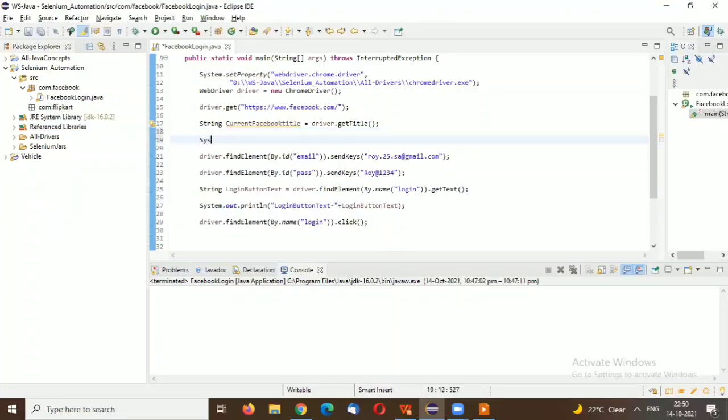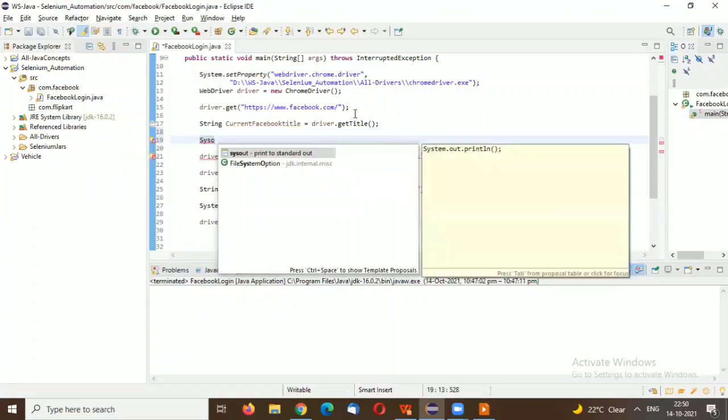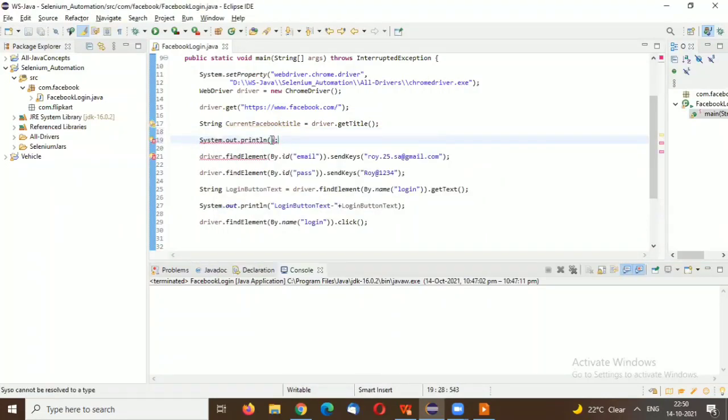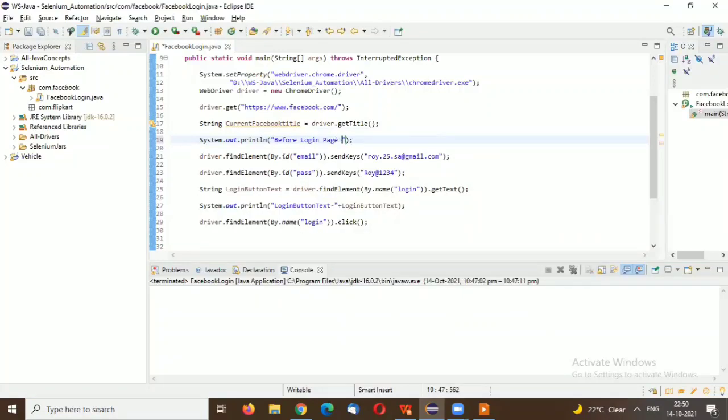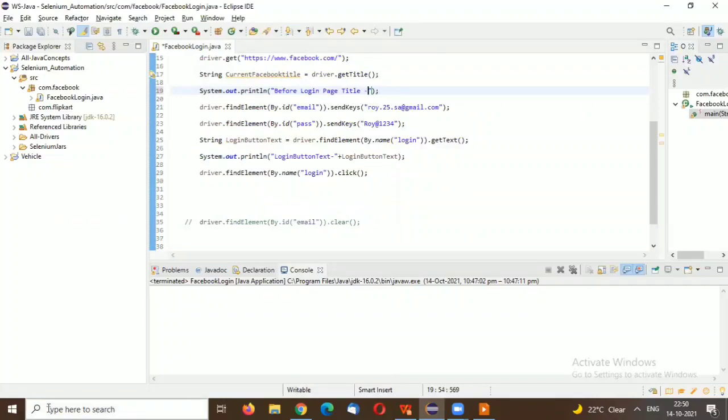I'm just printing here, before login, the title is equal to this current title.